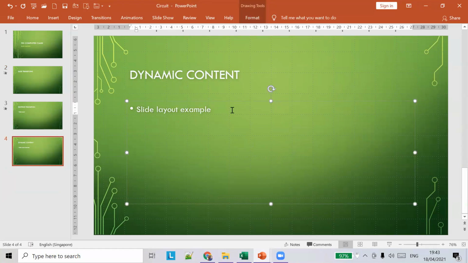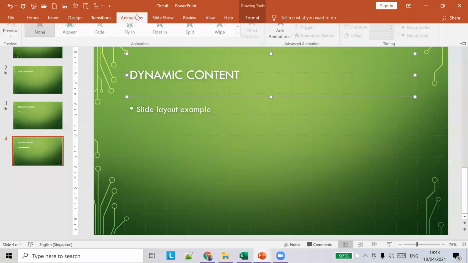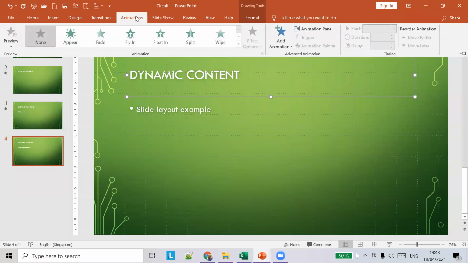Let's say I want to apply an animation to this particular element, the header. I can choose this element, then choose animations, and choose fly in.